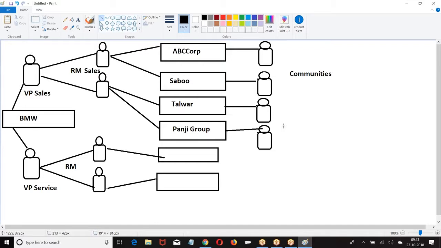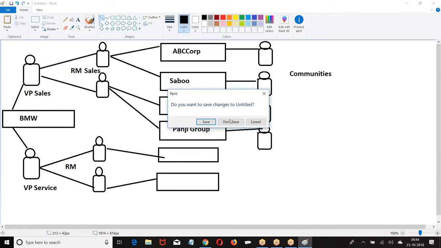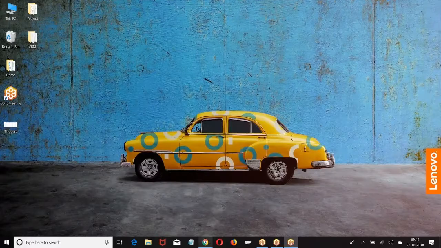Whoever responds first gets that request. Right? So if you want your partners, retailers, customers and distributors to log in and communicate, they require a platform called communities. Now, I hope the purpose of a community is clear. Okay. If you want to create a community, first we need to understand the different types of communities we have.